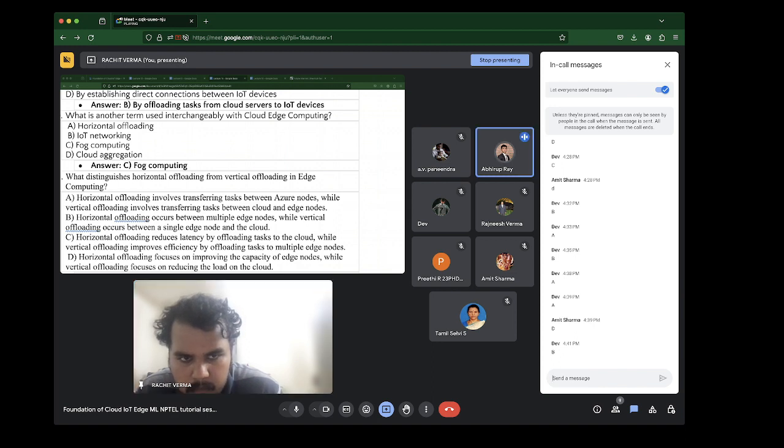Azure nodes, this can be any tier, right? For option A, what does Azure node mean? It can be an Azure edge node also. Azure node was just put in place because I needed to create an option. But more precisely, Azure nodes you can say are cloud, right? Azure does have an edge and an IoT deployment also. But yes, that is true. If you wanted to say A, it wouldn't be the most appropriate because it would mean many things.